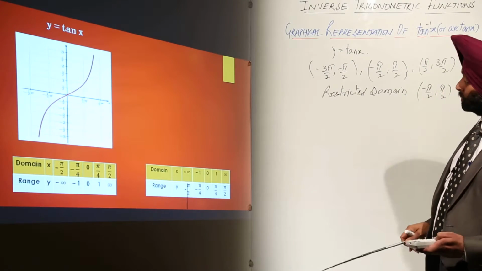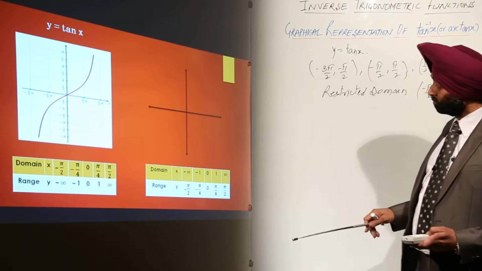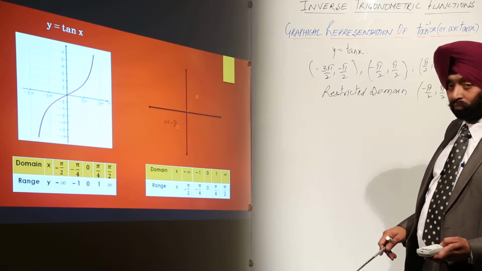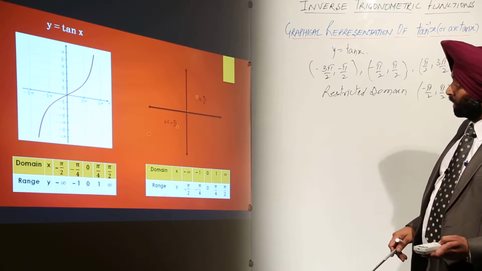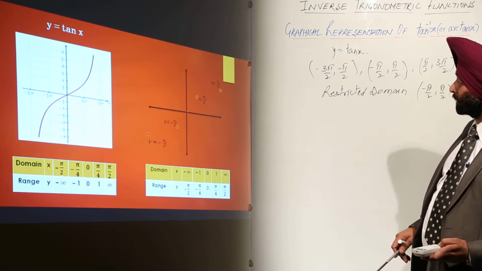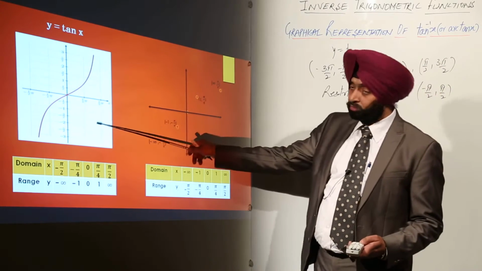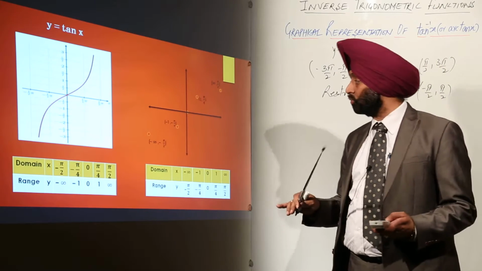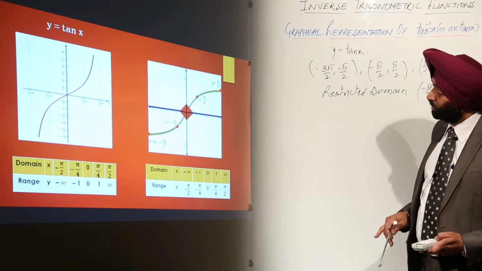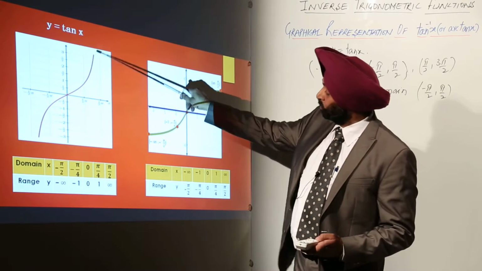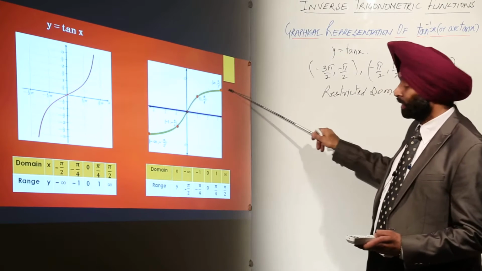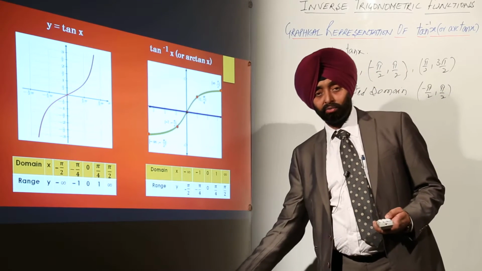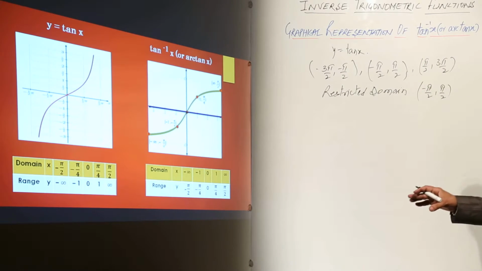Now let's plot these points. Now we have a good graph here, and we are plotting these points. First for the origin, these are the points which we are plotting on the graph, and now let's check what type of figure we are getting. This part, and the figure will be what I told you earlier, it will be the mirror image of this part. Okay. So this is the figure we are getting. Now you can check that earlier it was moving from here to here, now it is going like this. Okay. So this is the graph for tan inverse x, or it is called arc tan x.